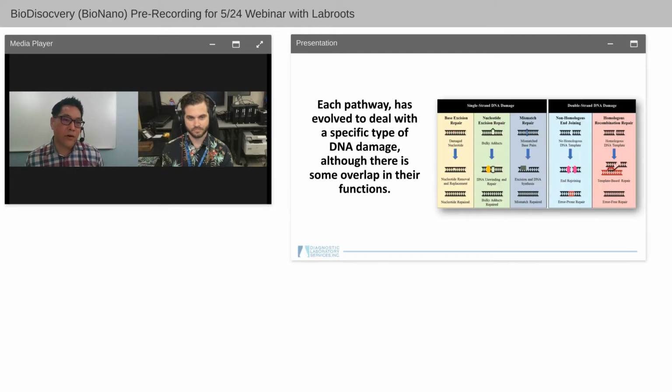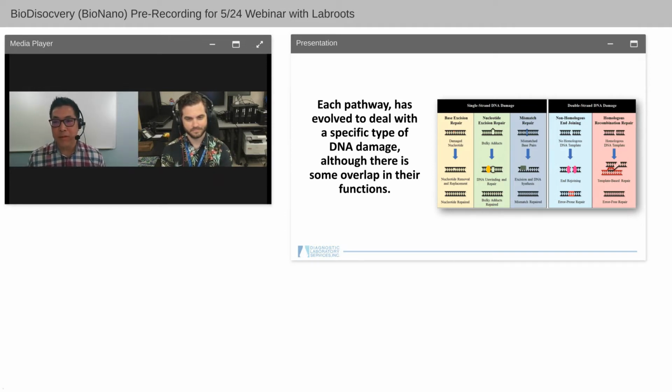So where does the story begin? The story begins with how our cells handle DNA damage. And there are a number of ways. And this is a graphic that shows some of those. First, there are single-strand DNA damage repair mechanisms. The first is base excision repair, looking at altered or damaged nucleotides. The next is nucleotide excision repair, where chemical alterations of nucleotides can be edited. And the last in this category is mismatch repair, or where bases are